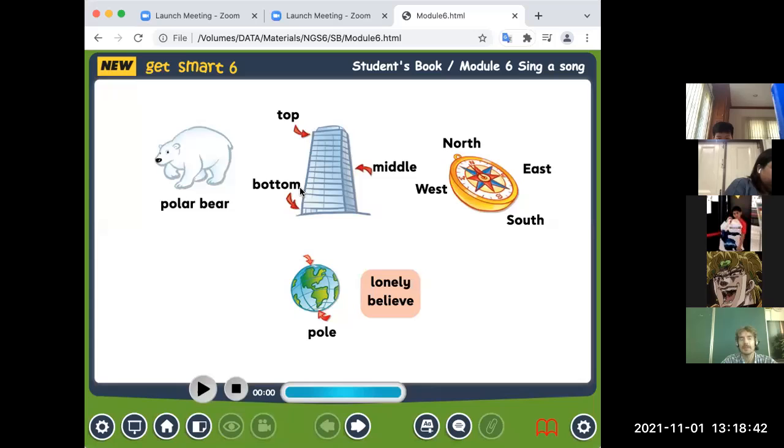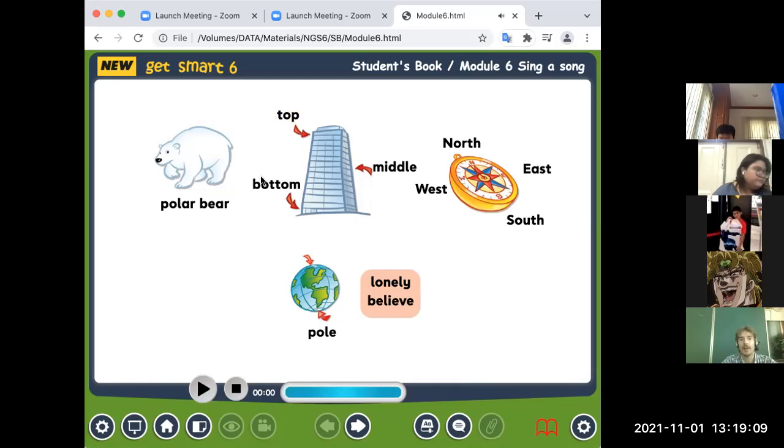Top, for example, if you have a house, top is this part of the house, and bottom is this part. And between them is middle. So we have top, bottom, and between is middle. Top. Repeat, everybody. Top.